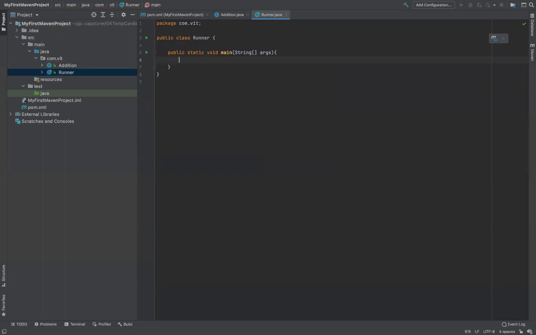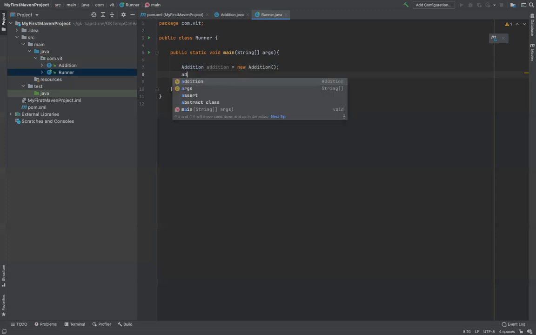If you don't have this method in your project, your program will not run, because to run the program you need an entry point. So public static void main acts as an entry point, so the compiler looks for this method. That's why you need to have it. And inside that, I'm going to create the object of it. How to create an object of a class? You write the name of the class, then the name of the variable, then you use the new keyword, and you end with the same name of the class with the brackets, and ending with a semicolon.